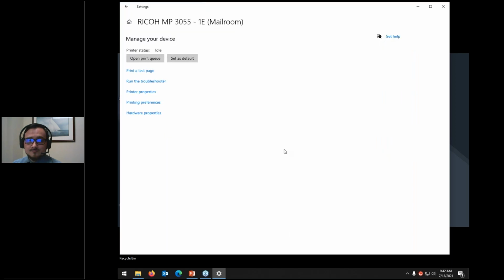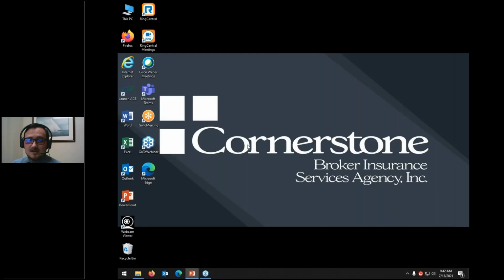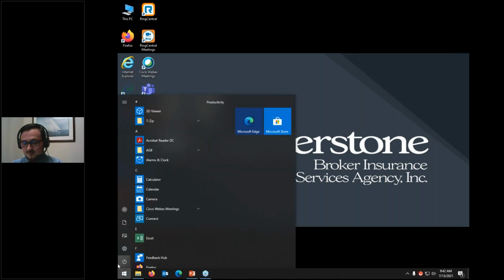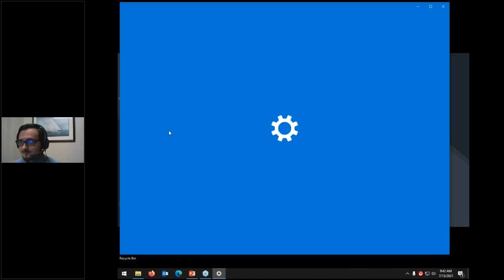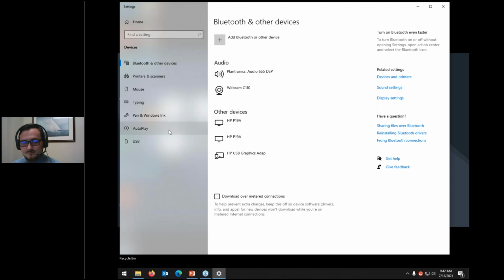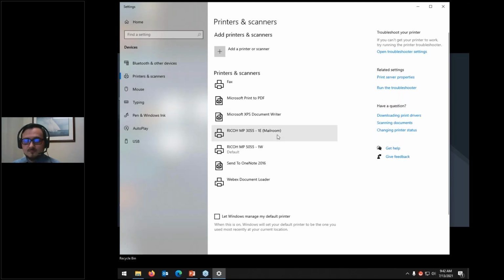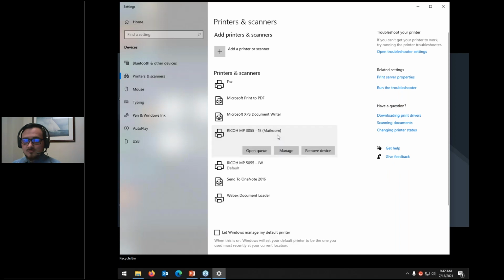and just to do that again real quick, I'm going to go back into Devices, Bluetooth and other device settings, printers and scanners, choose a printer, and hit Manage.